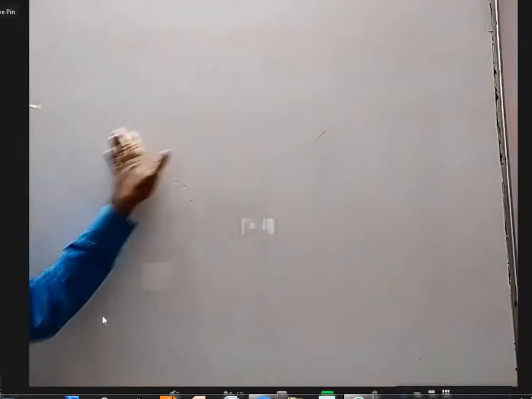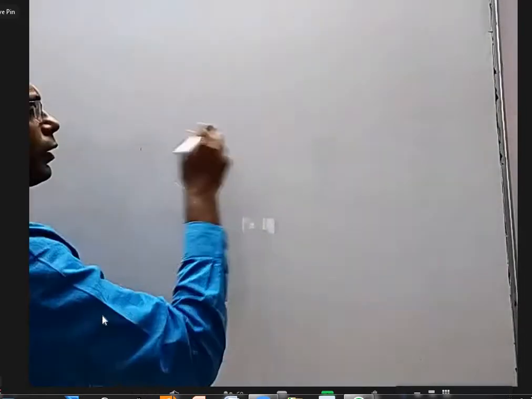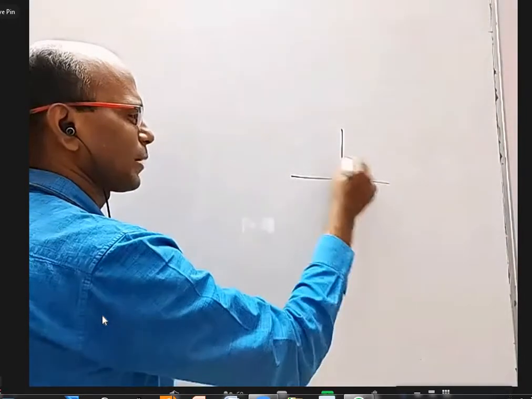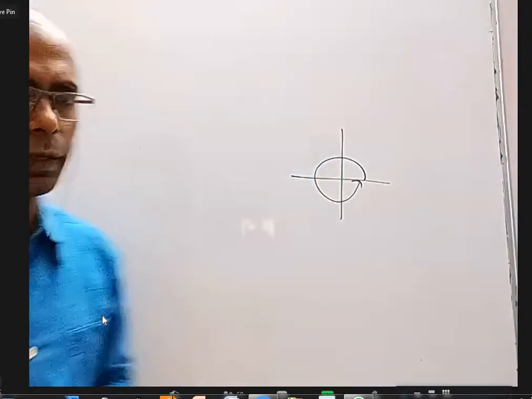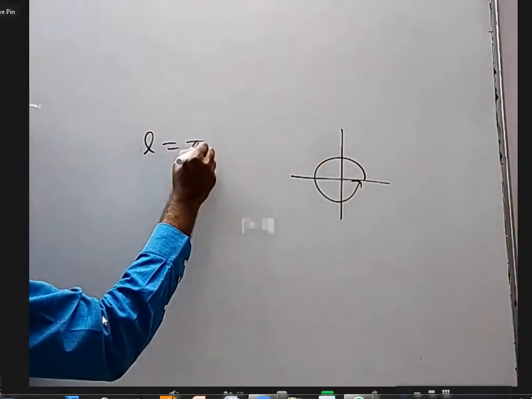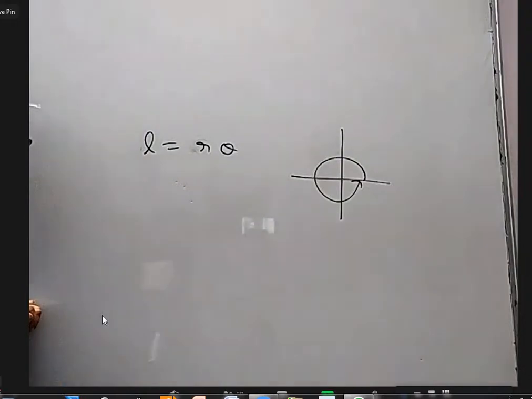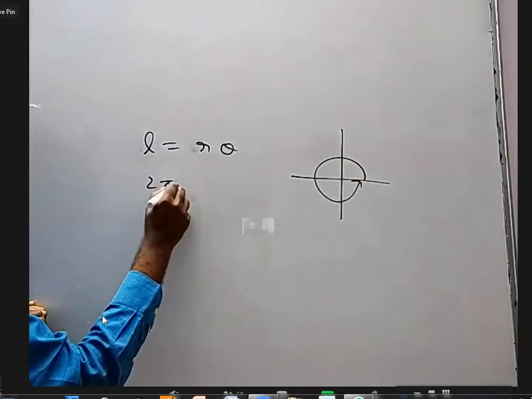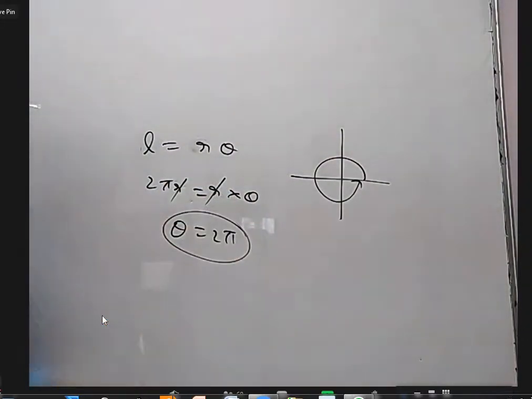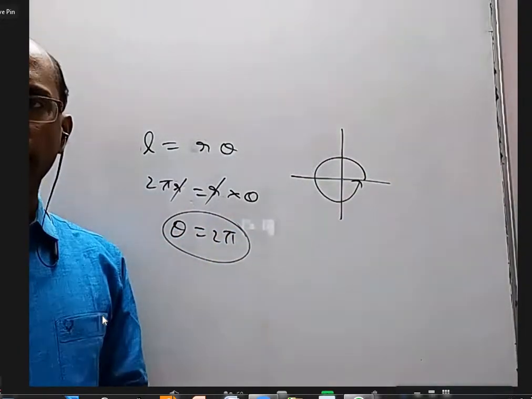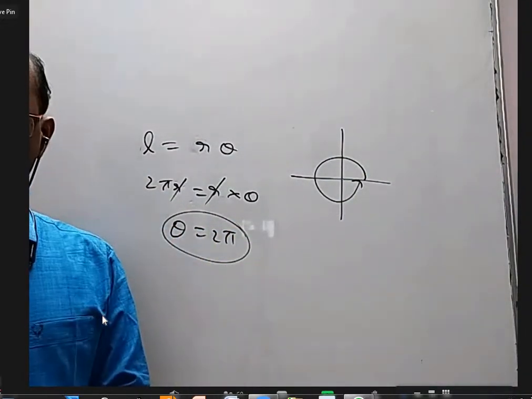Like you can convert kgs to pounds and pounds to kg, or newtons to some other units we have in CGS system. Now, what is the connection? Let us say I want to talk about this complete angle. In degrees it is 360 degrees, but in radians what is it? I will use L equal to r theta. What is this L? 2 pi r equal to r into theta. If I cancel, theta is equal to 2 pi. So this complete angle in the radian scale is 2 pi radians. Is it clear? Yes, sir.